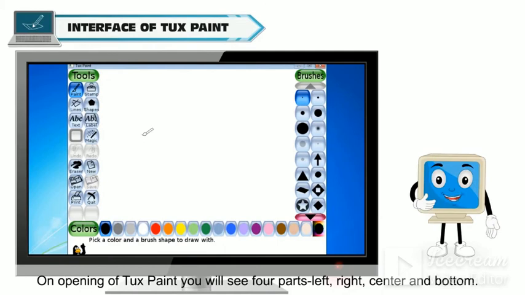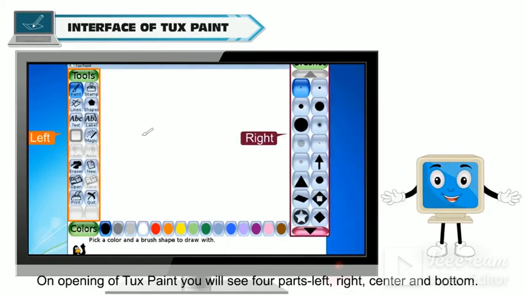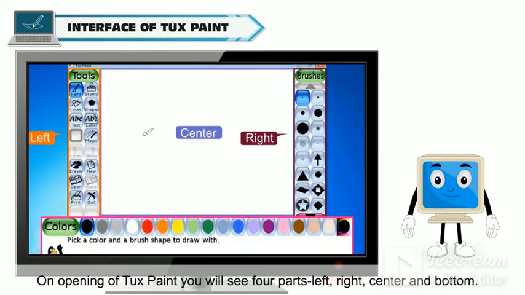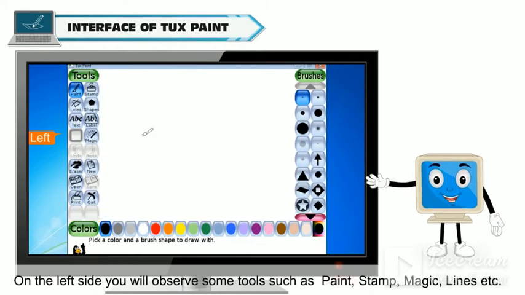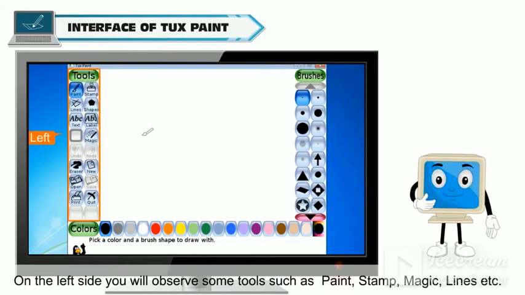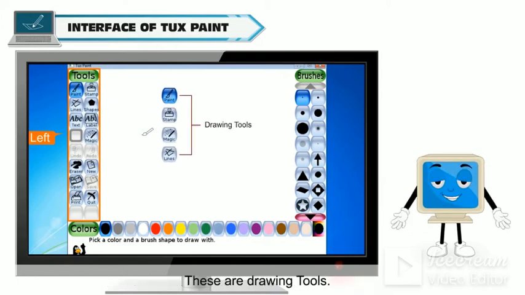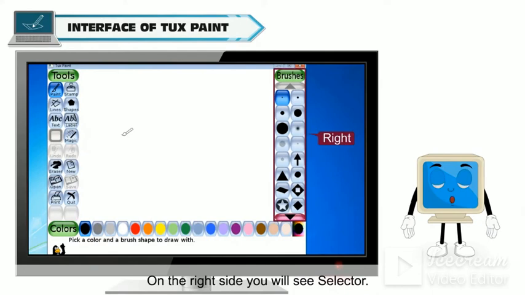On opening of Tux Paint, you will see 4 parts: left, right, center and bottom. On the left side, you will observe some tools such as paint, stamp, magic, lines, etc. These are drawing tools. On the right side, you will see selector.